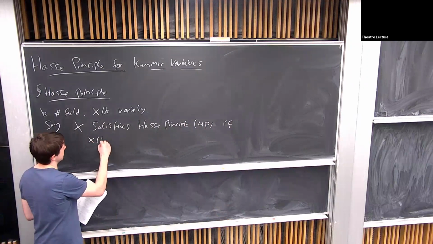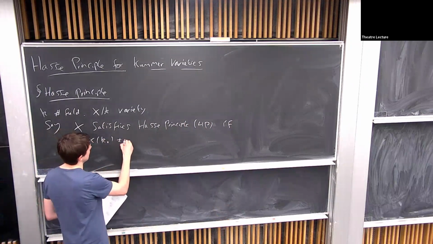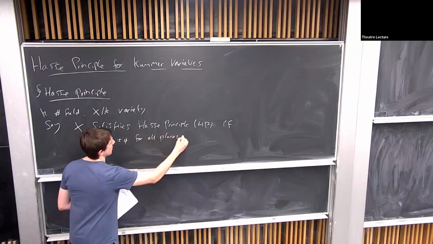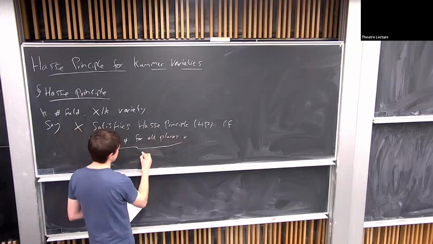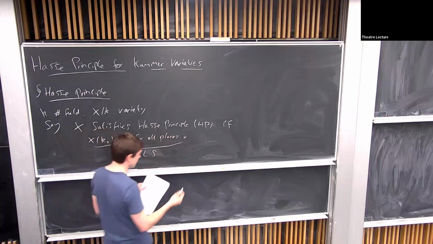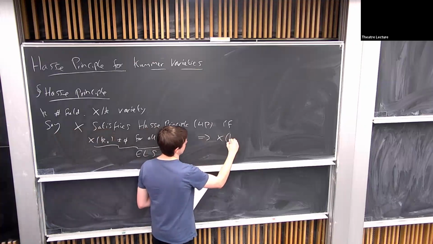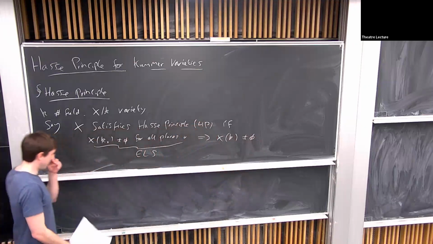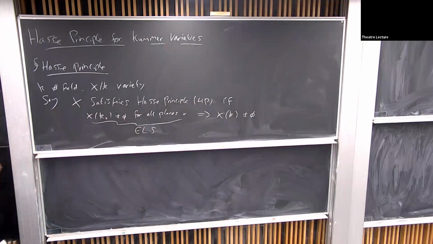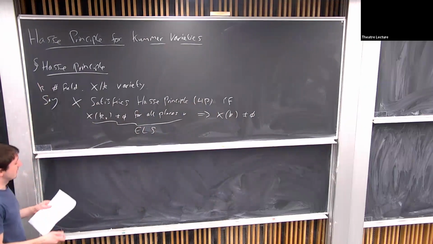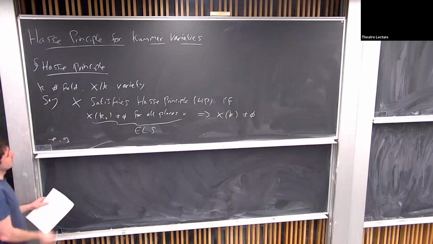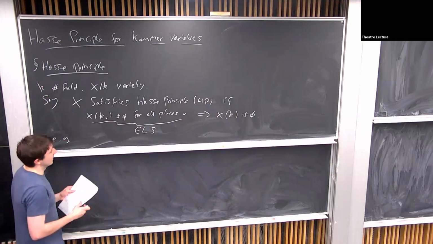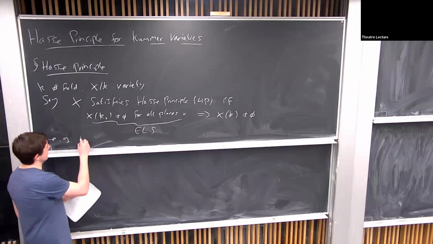So if X is everywhere locally soluble, so I'll abbreviate this as everywhere soluble, is enough to conclude we have points over the number field. And Hasse's name is here from the first example of a positive result for varieties that satisfy the Hasse principle, which is varieties cut out by quadratic forms. So the Hasse-Minkowski theorem